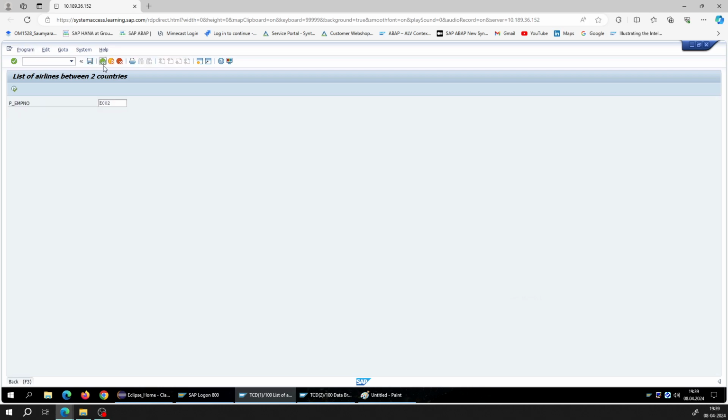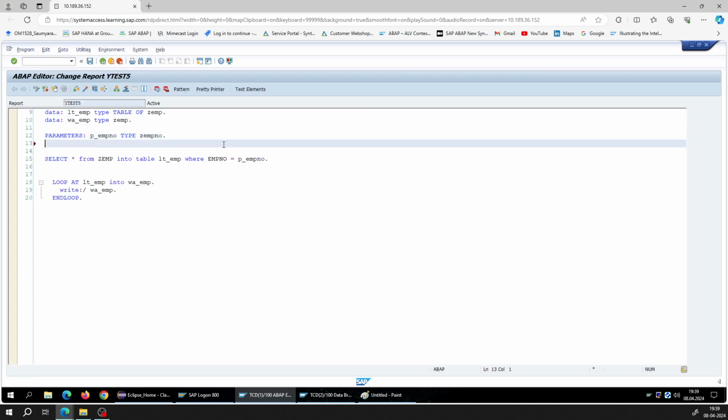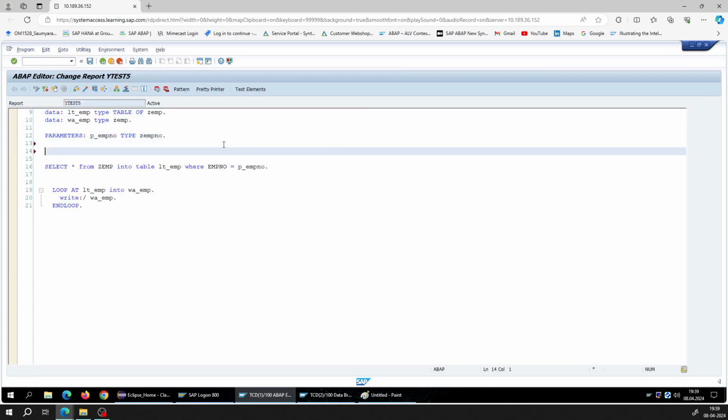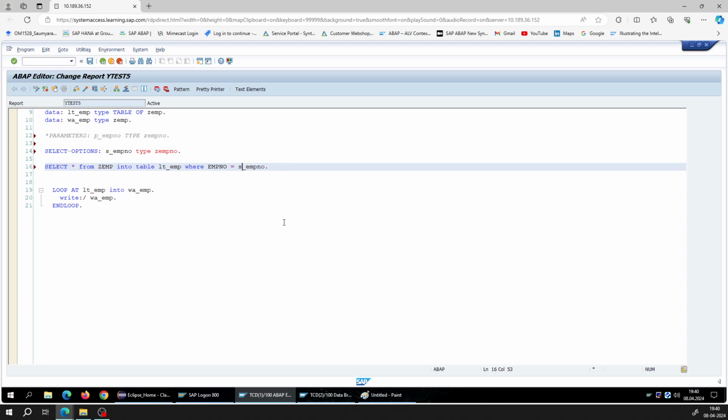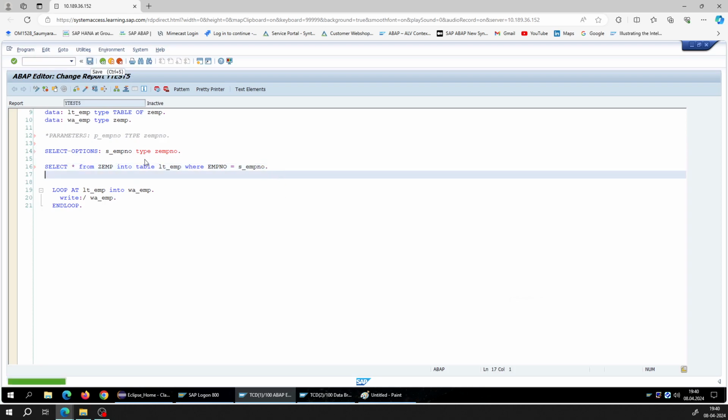Okay, so now coming to the second way how you can pass multiple inputs. Okay, select options, yes, okay. So